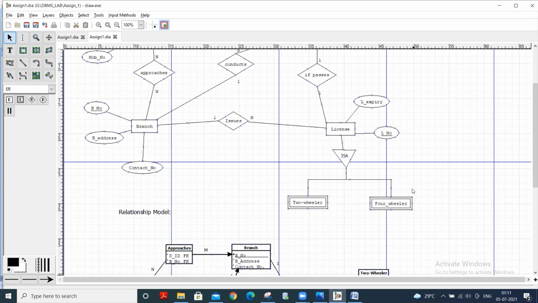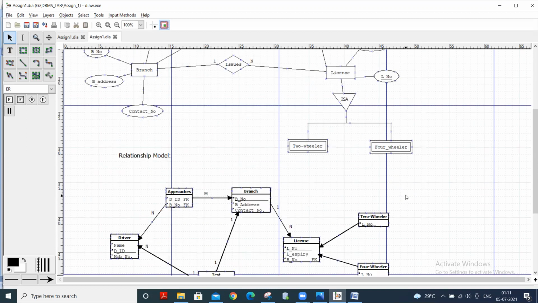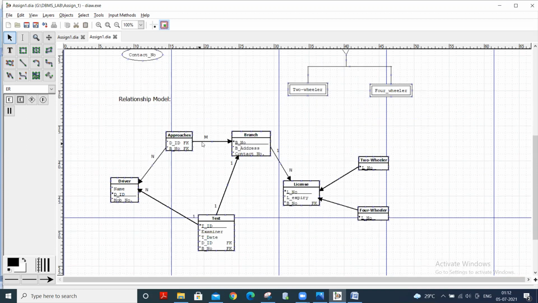Now we will convert the ER diagram into the relational model. One is the driver table, which has name, driver ID, and mobile number attributes, and driver ID is the primary key here. And it approaches the branch.